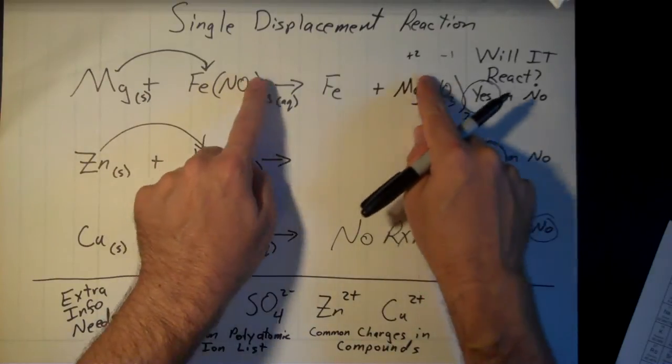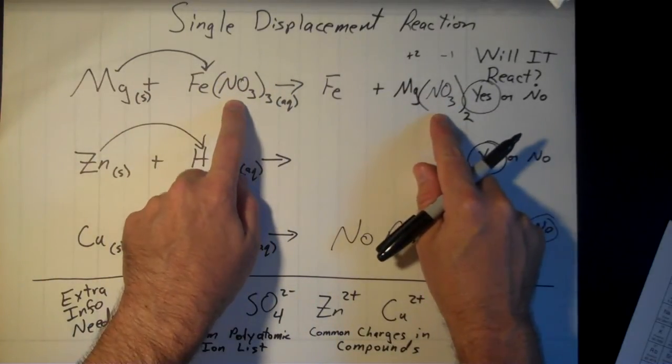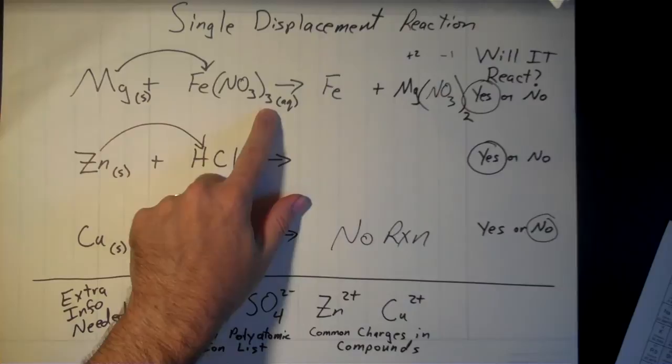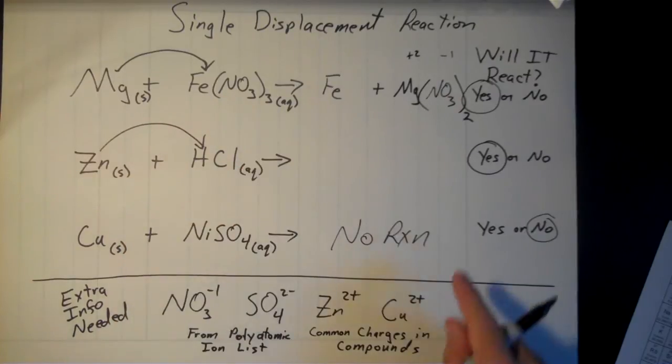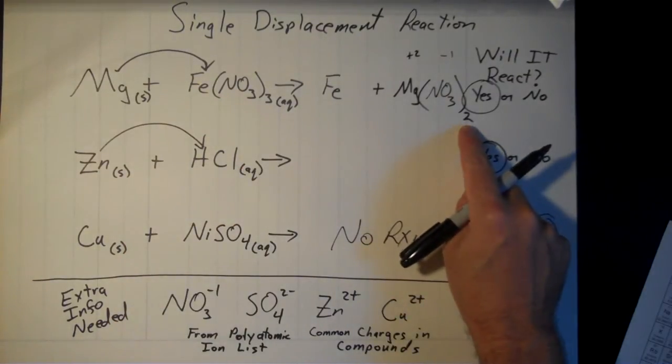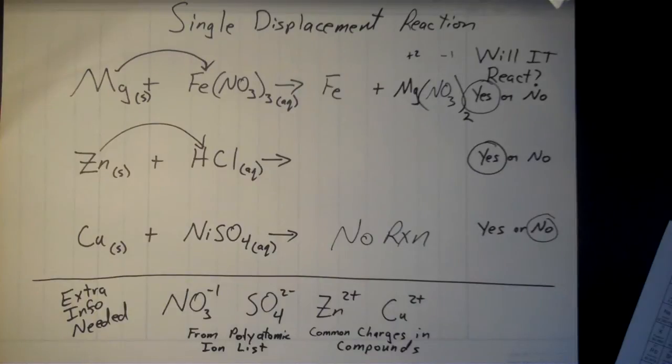You can actually balance it as an entire ion here, NO3 versus NO3. I've got 3 of them on this side with that subscript 3. I've only got 2 of them on this side. So I need to bring those both up to a common number. That common number is going to be a 6.